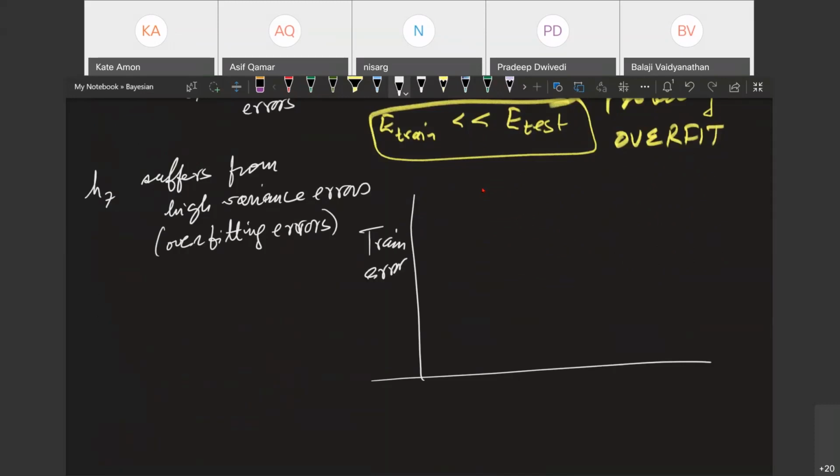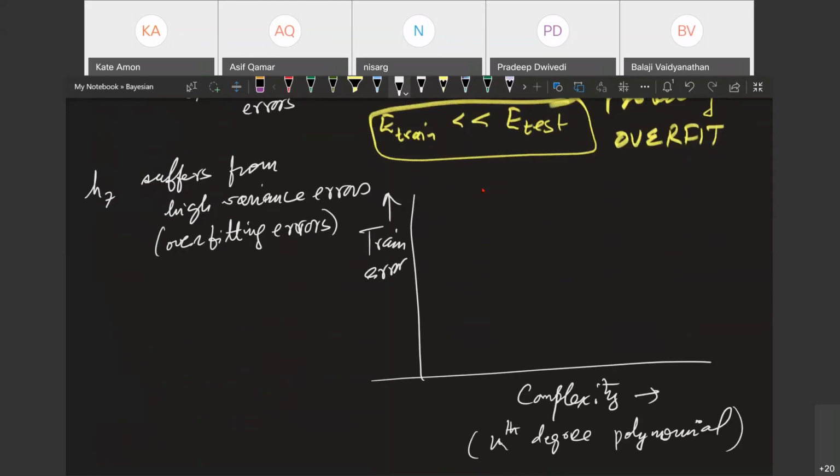This is the complexity of the model. Think of it as the nth degree polynomial. That's one example. Because if you do polynomial regression, the higher the degree of the polynomial, the more the complexity of your model. So what will happen is that as you train, your training error will keep on decreasing.